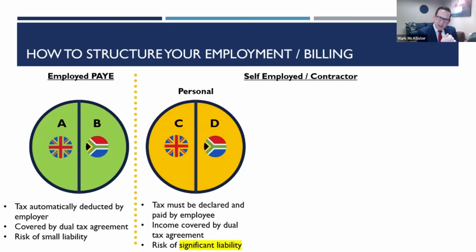And there's a risk of a significant liability if you don't hold back money to pay the taxman, right? Yes. So Mark, just on that one, your tax liability as a non-resident would fall into South Africa. Whether you're resident or non-resident, non-residents are taxed on their South African sourced income. What people don't often understand about source is that it's not necessarily where the contract is signed or where the money is paid or the currency or the bank account in the UK. It's the fact that you're sitting at your desk generating that income whilst you're in South Africa. So as a non-resident, you are generating South African sourced income, and you need to declare it.